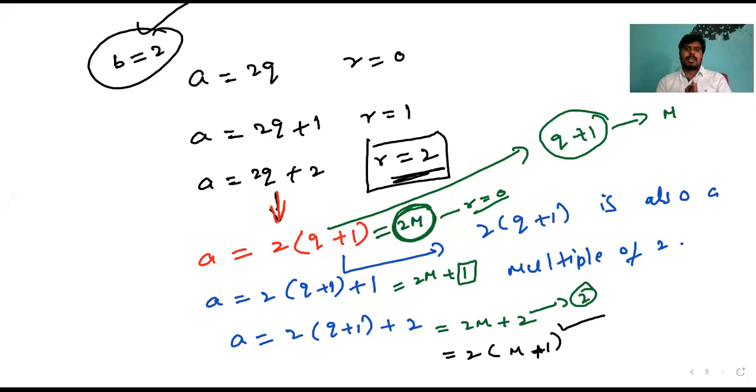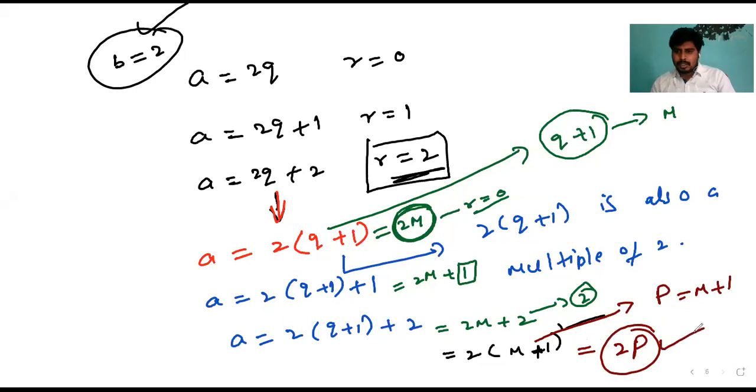All these things I am telling for the purpose of the 1.1 exercise. We shall solve this kind of problems there, so that's why I'm giving you all these things. So here, in place of this m plus 1, I will replace some p, where p is equal to m plus 1. So we can write 2p. Again, we got here a multiple of 2, right?